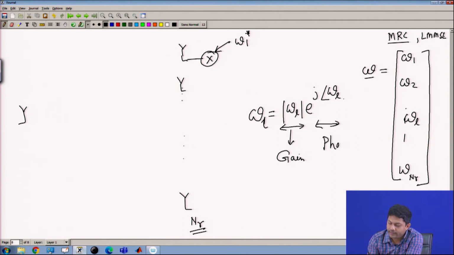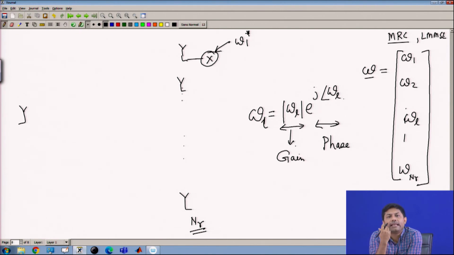Now, mind it, that phase e to the power j whatever angle omega l I have written, that is in terms of the digital view. Again, your view is still digital, it is just the circuit point you are thinking. So, it is like a phase. So, I split that W L as gain and phase, right. Now, in the RF, the moment I think this way, slight reprieve can happen here. I have a gain.